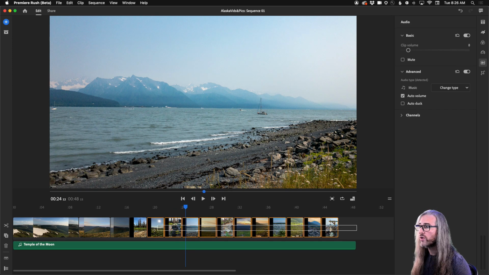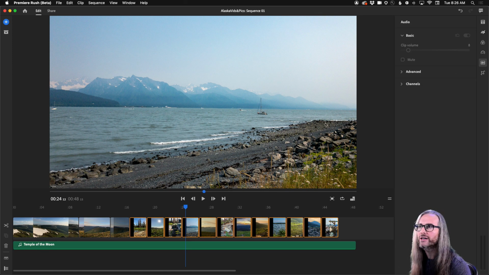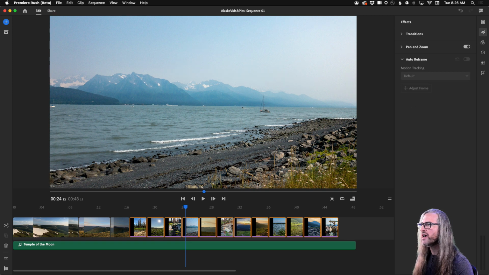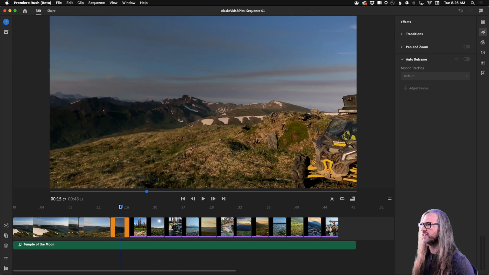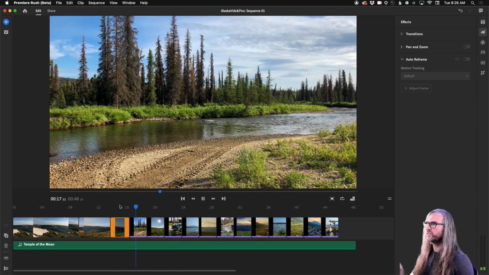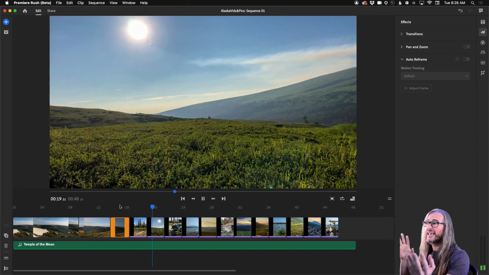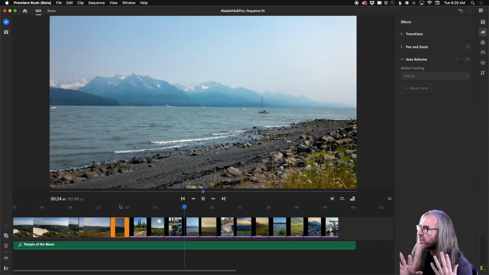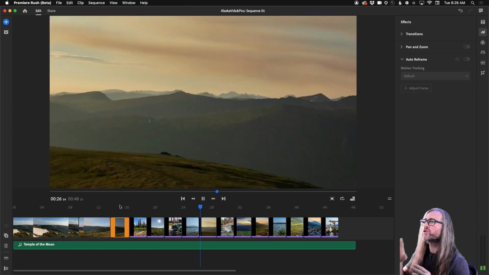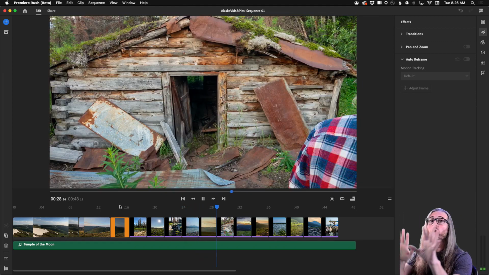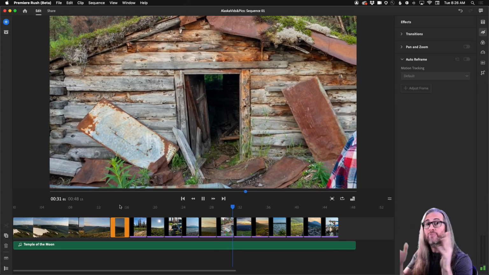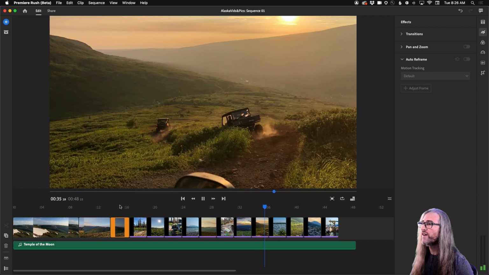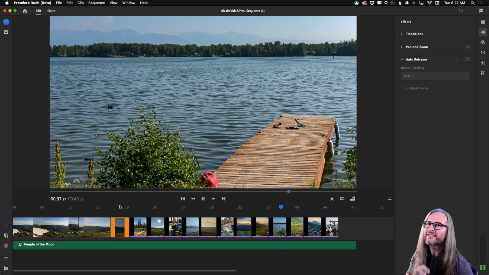Well, now you're going to have the ability to multi-select your images. Simply come over to the Effects panel, turn on Pan and Zoom, and just like that, it does its thing. So now when I play this back, you'll see that it will instantly begin doing that Ken Burns effect, panning and zooming, using a cool automated algorithm here to figure out what the action is. You're also going to have options in the future to also reframe and readjust the pan and the zoom in or out. But this is something that you will have access to very, very soon in a future beta version